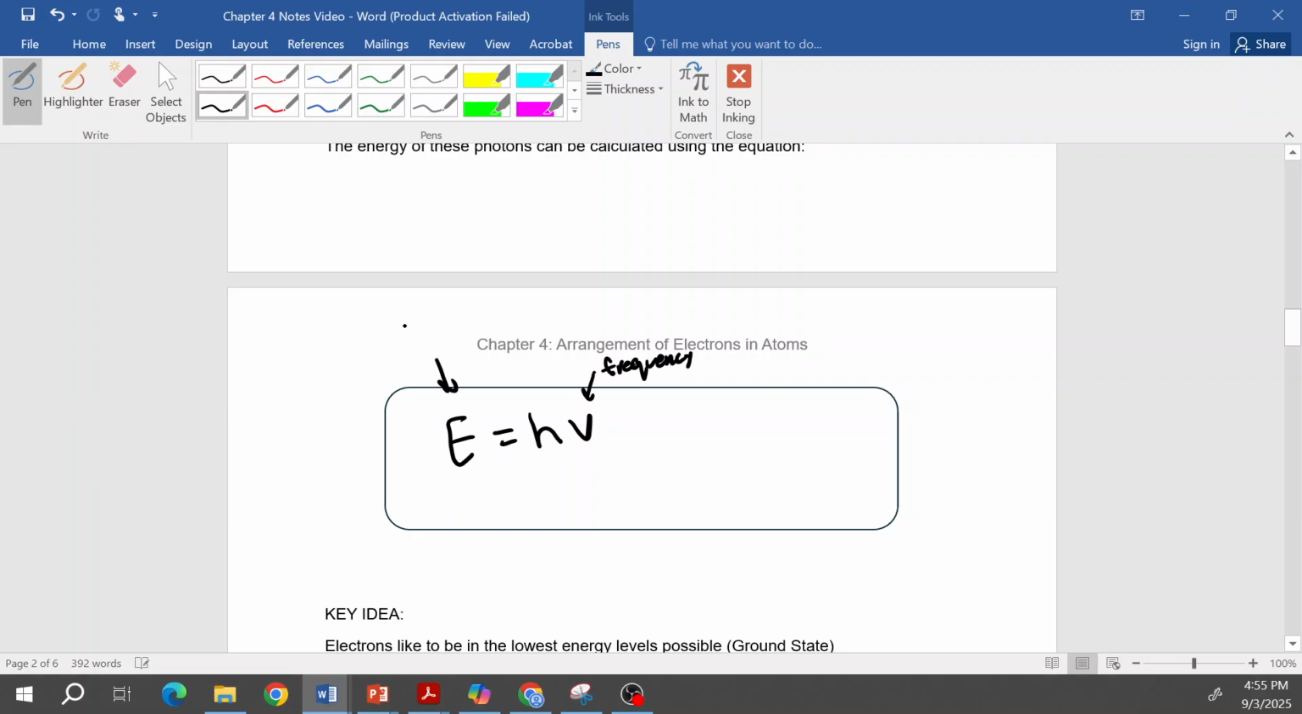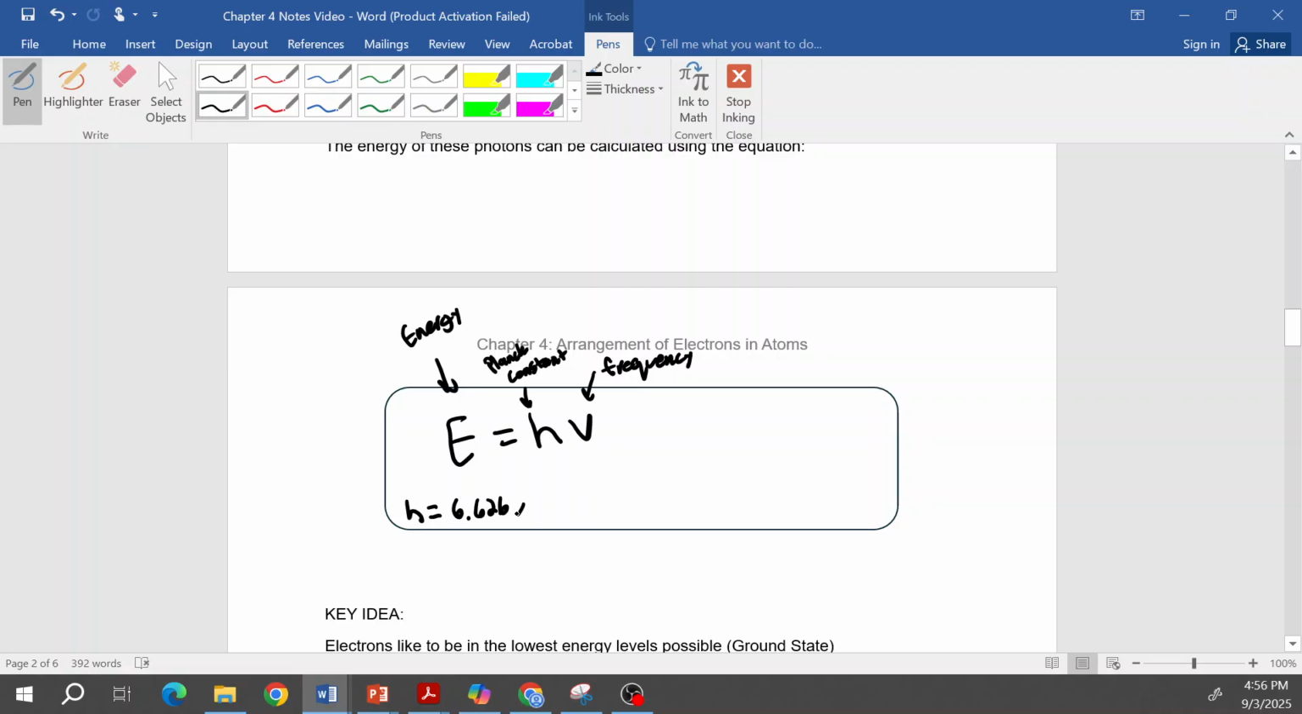This E is the energy of my photon. And this H is completely new to you. You've never seen this before. This is called the Planck constant. Now, the Planck constant is another constant that has the same value no matter what. So when you're using this equation, H is going to be the same every time. And this H is equal to